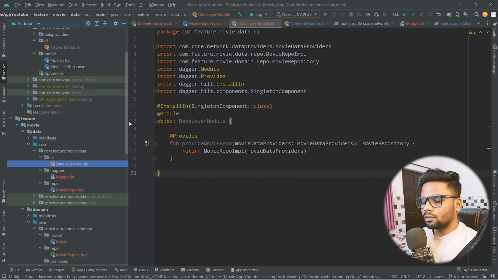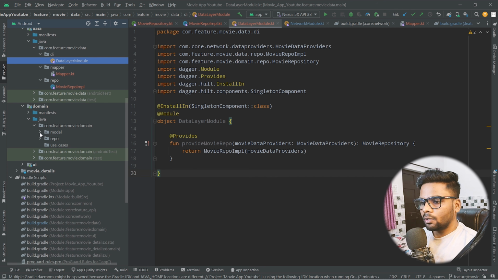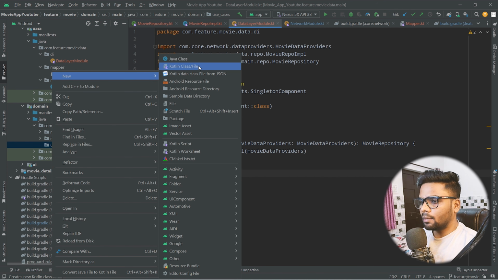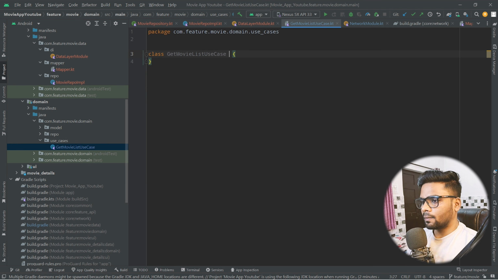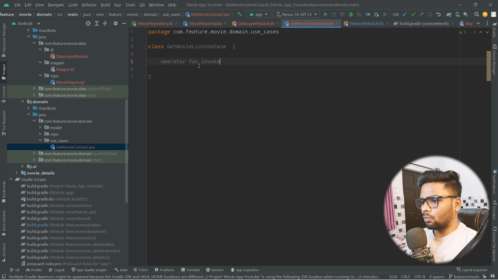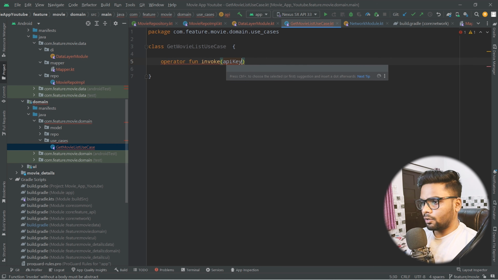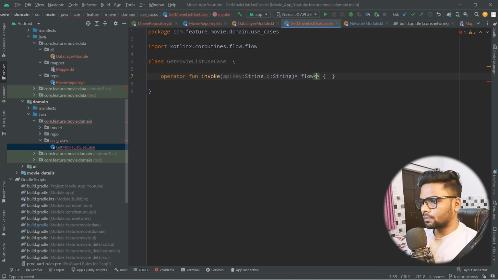Now it's time to jump into our domain layer. Within our domain layer we have use cases, so it's time to write use cases. The first use case is the get movie list use case. Within this I'm using the operator function invoke, and we need to pass the API key and the query. I'm gonna use flow. So the return type of flow is, in order to manage our UI we create